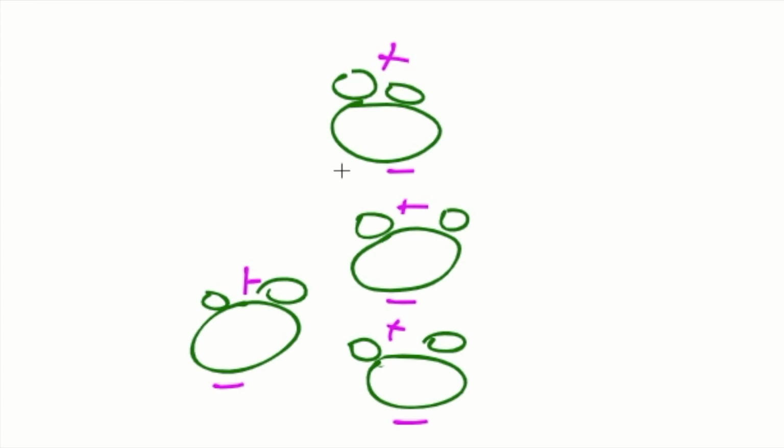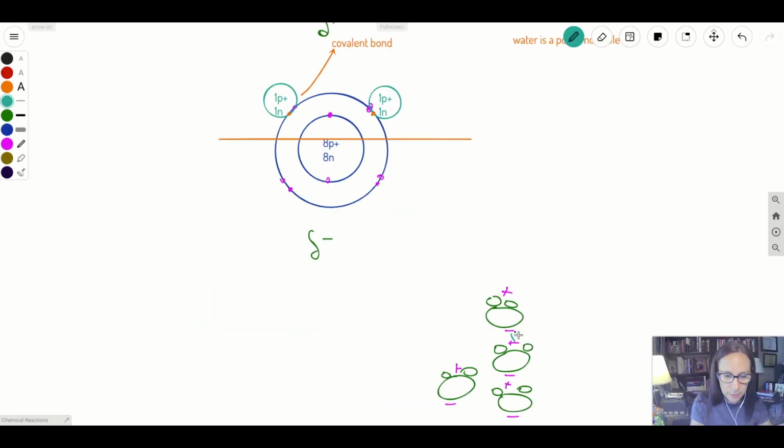So in between the water molecules, you have this attraction right here. This positive and negative are attracted to each other. Okay? And these positive and negative are attracted to each other. So waters are sticking to each other because there's this attraction. So this attraction right here is called a hydrogen bond. So let me draw that here. Here's arrow. Whoops. So right there is the hydrogen bond,